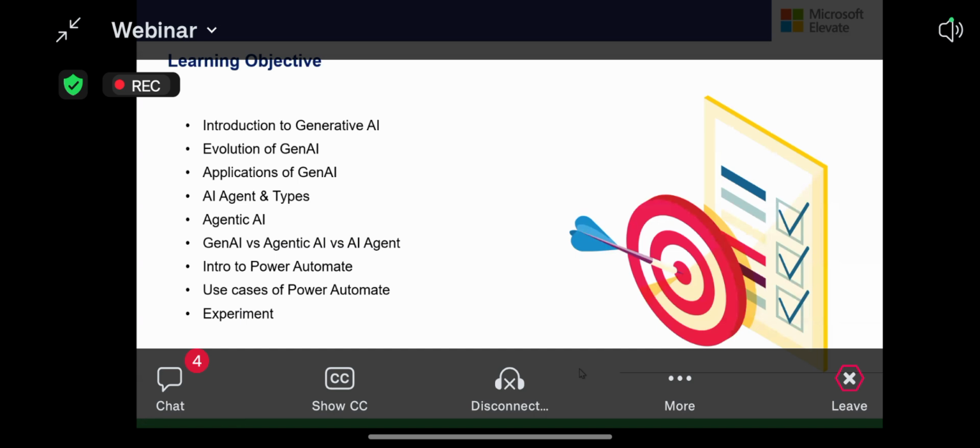For audio purposes, we are using a model called TTS. The full form is text-to-speech model. We use this model to generate audio.